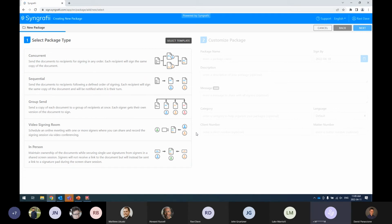So today I've already created the packages. Creating the packages is very straightforward. Essentially, you would be adding the documents, who needs to sign them, if it's a sequential signing, the order that they would need to sign, and once you create the package, signers would receive notifications. I should add that you're able to fully white label the application, so adding your custom branding and logos in all the screens that you and your clients will see and all the emails that are sent out from the